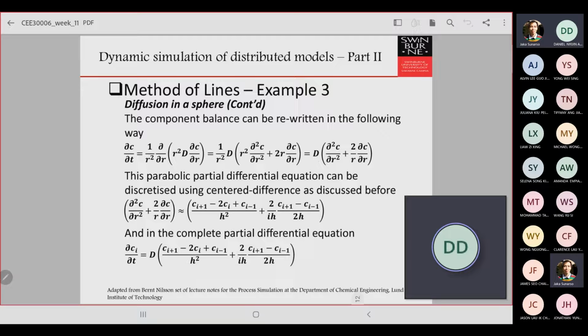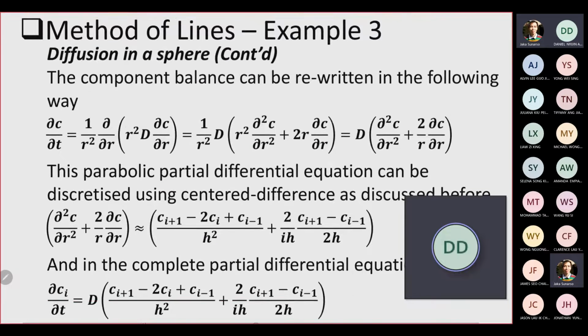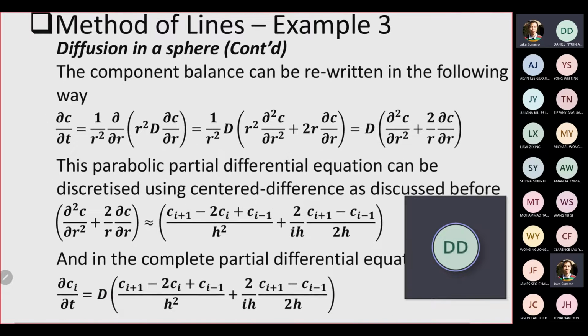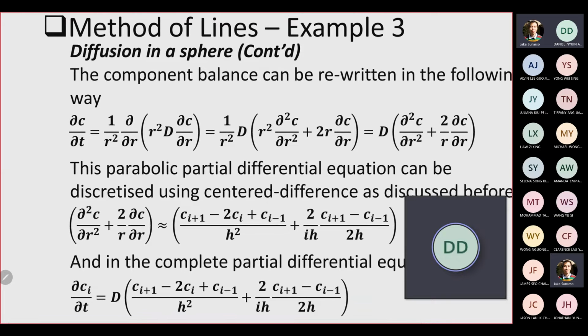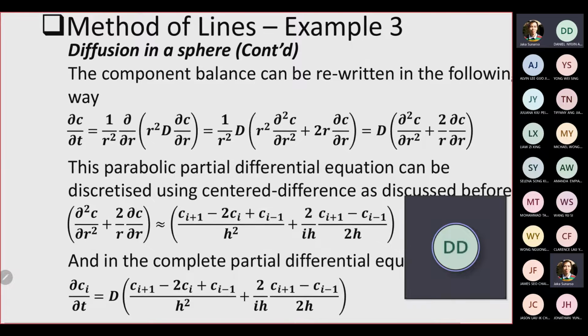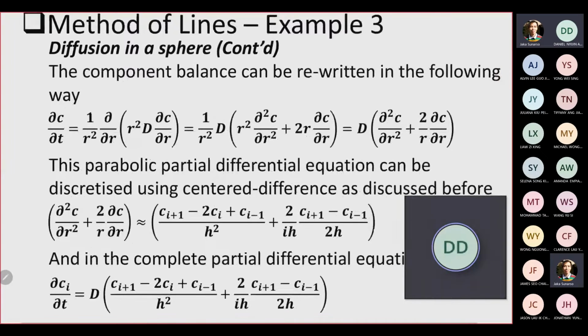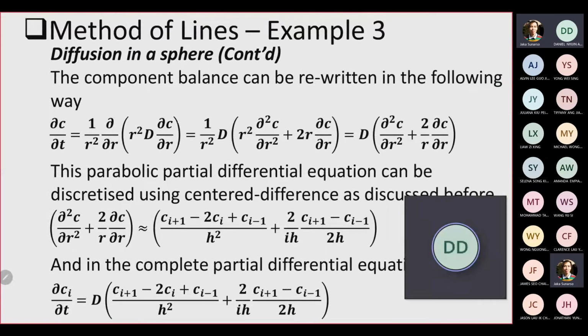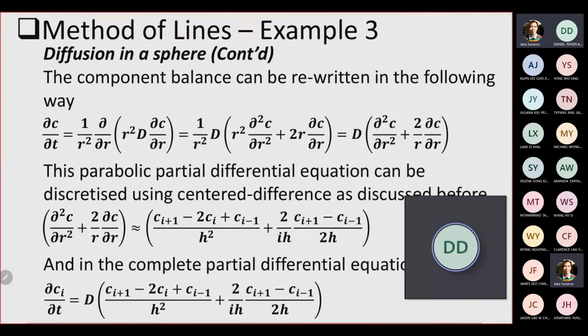Remember that the terms within the brackets contain two terms. The first term is the r square. The second term is del c over del r. So meaning that you have to use a chain rule. If you have the derivative of u and v, it will be u dv plus v du. So this is why this particular term in the brackets will become two terms in here, because you are using a chain rule. So if you further process these two terms, you become this term in here.